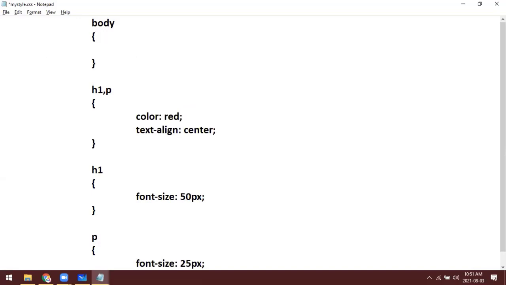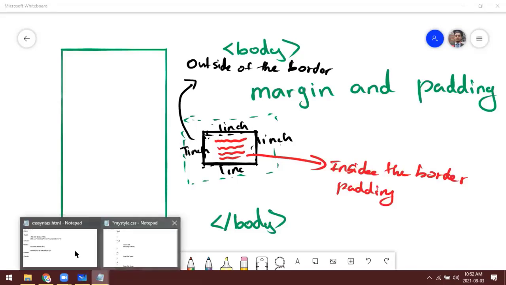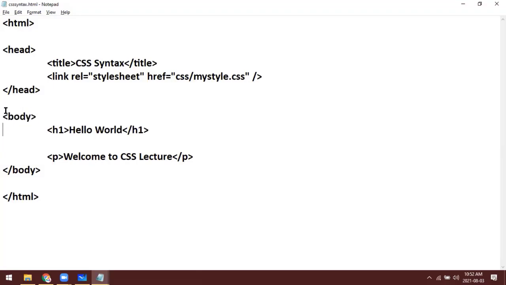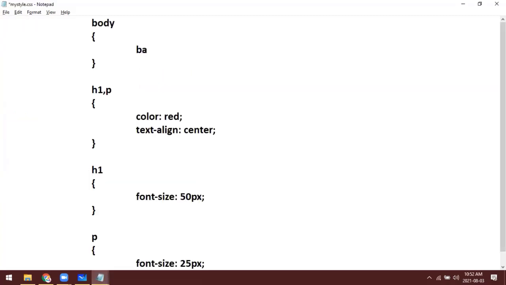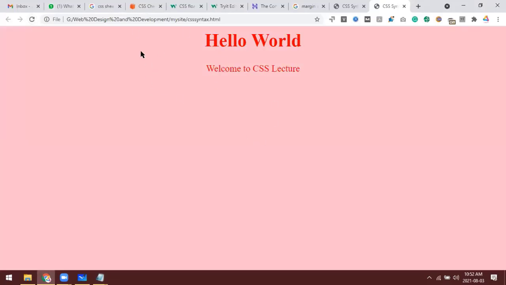Body means the entire area of the web page, because all the other text comes inside the body. So if I apply any style to the body, it will apply to all the HTML elements inside the body. Here I am giving background color pink, for example. Now you see the background color is pink.